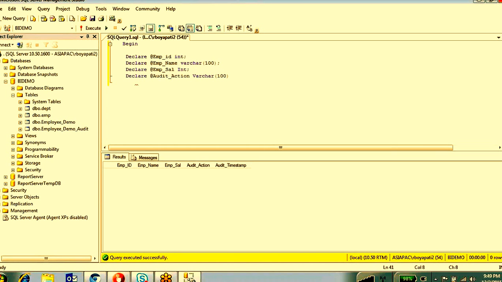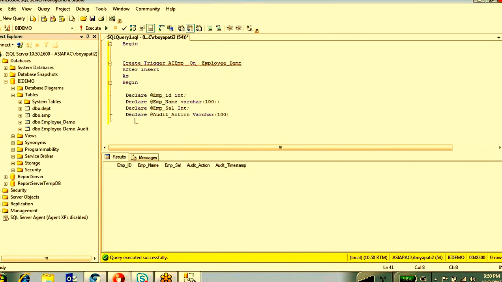Before it is inserted into that particular table, that data will come into the inserted table. That is the imaginary table you can't see anywhere, and it does not exist in your database. It will exist only until the execution of this trigger.